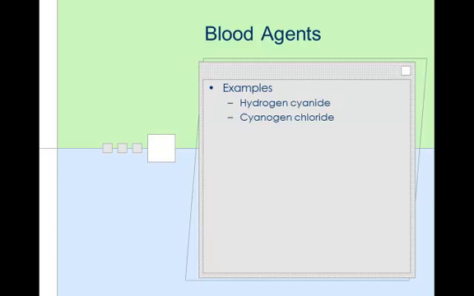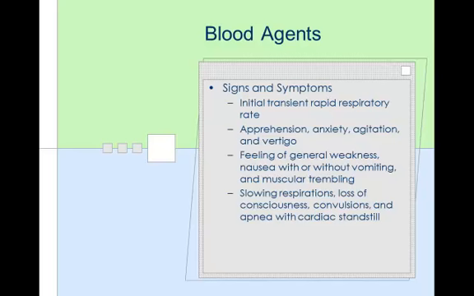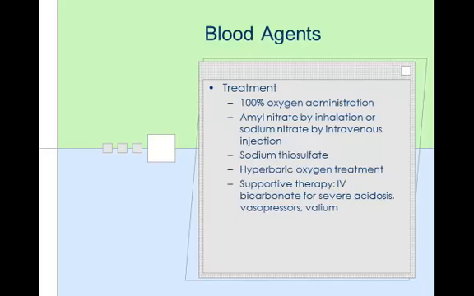The thing that's kind of neat about cyanide poisoning is we use a drug called Nipride for hypertensive emergencies. It's given by infusion. The body breaks it down to cyanide. So what does the pharmacy do? They bring you a cyanide treatment kit, and it's kept at the bedside when a patient's on Nipride. So with these people, you want to put them on 100% oxygen, amyl nitrite or sodium nitrite, and sodium thiosulfate. That's the cyanide kit. Hyperbaric oxygen treatment if you need it. Supportive